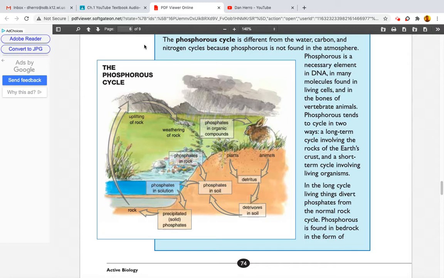Phosphorus is a necessary element in DNA, in many molecules found in living cells, and in the bones of vertebrate animals. Phosphorus tends to cycle in two ways: a long-term cycle involving the rocks of the Earth's crust, and a short-term cycle involving living organisms. In the long cycle,